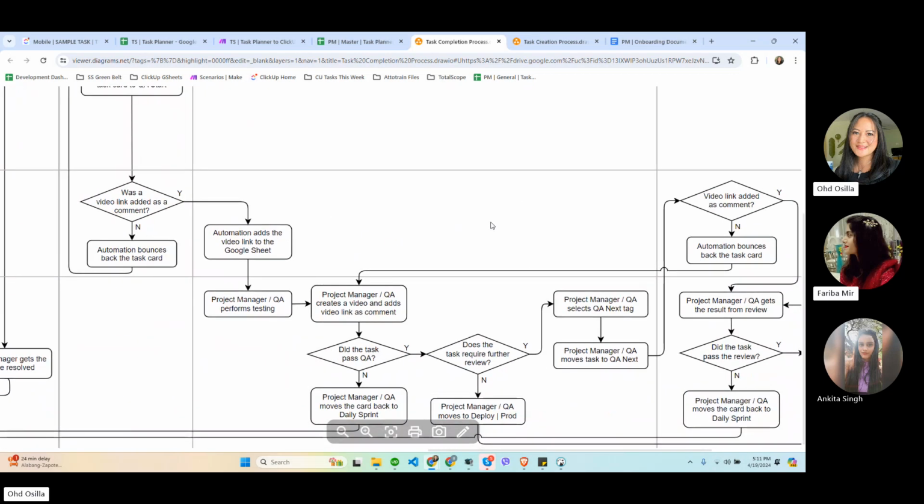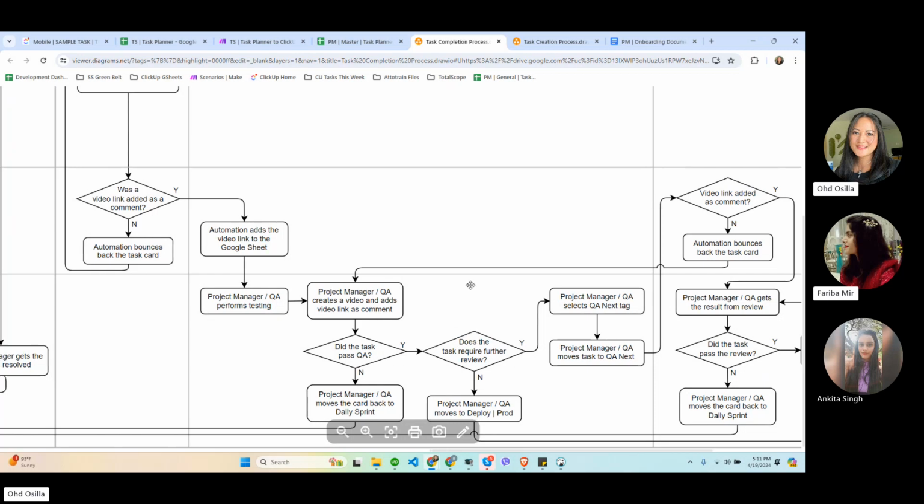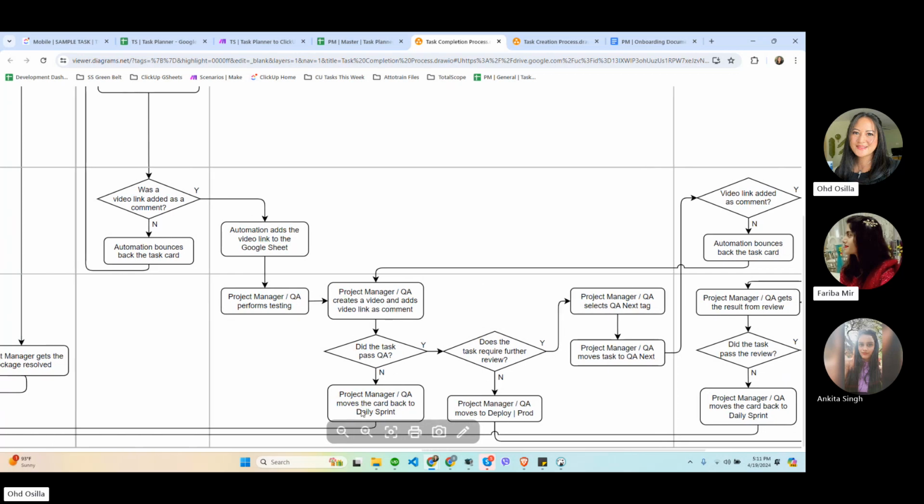Once the project manager or QA performs the testing in QA start, we have decision boxes here. If they don't pass, the project manager or QA can move the task back to daily sprint, and the automation would add a redo tag for that task, meaning it was sent back from QA.